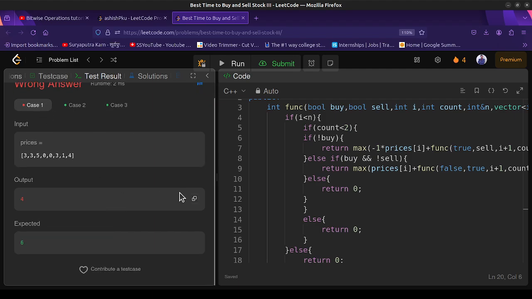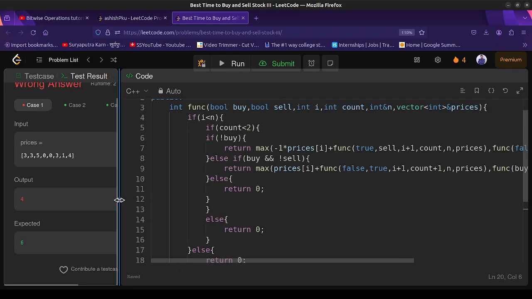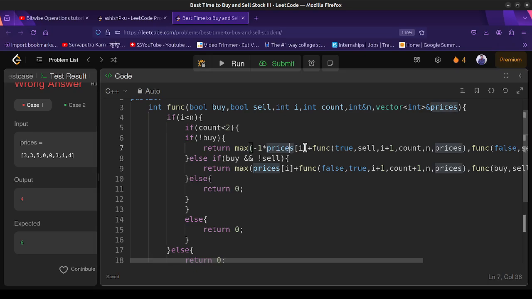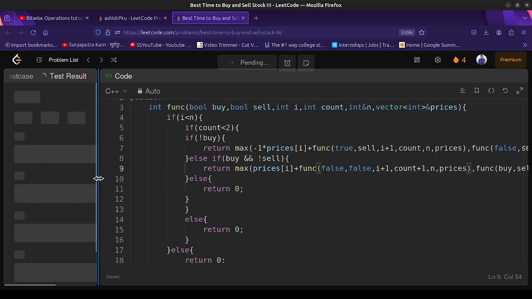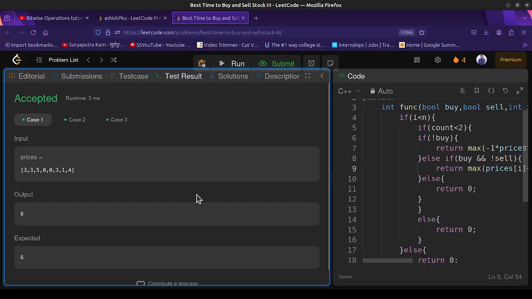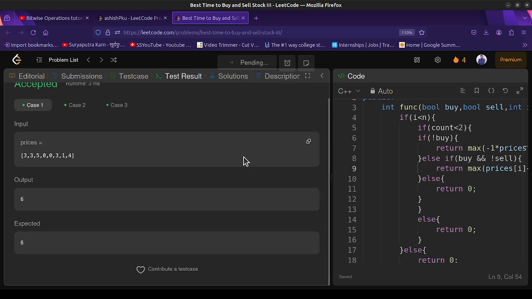Why did that happen? Okay, this is a minus of price dot I, I haven't sold it, and this will be true that I have sold it but I haven't bought. I have sold it, then it will be false. Yeah, so now if we submit this question,